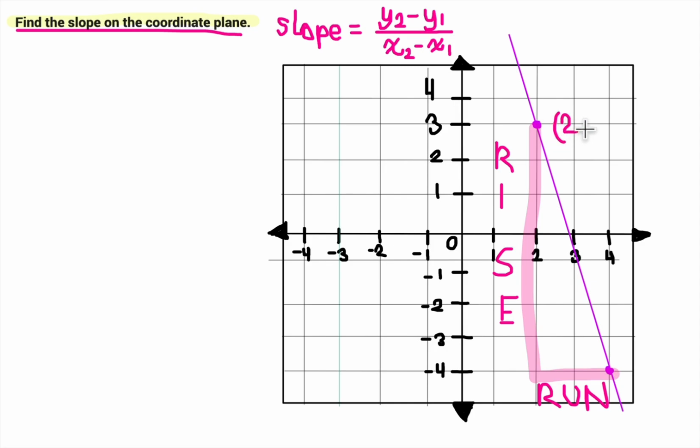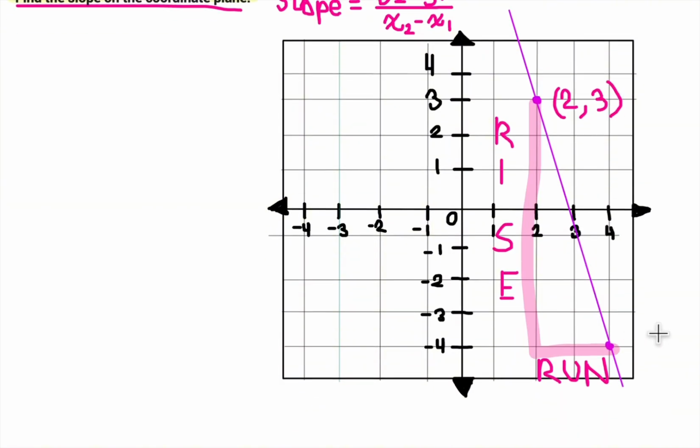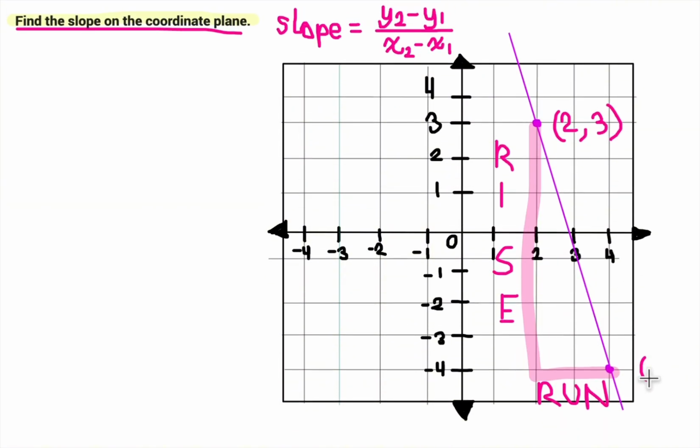So I'm going to break down these points. Our first point is going to be 2, 3, which goes over 2 and up 3. And our second point is going to be 4, negative 4, because you go right 4 and down 4, so it would be 4, negative 4. Now that we have our points broken down,